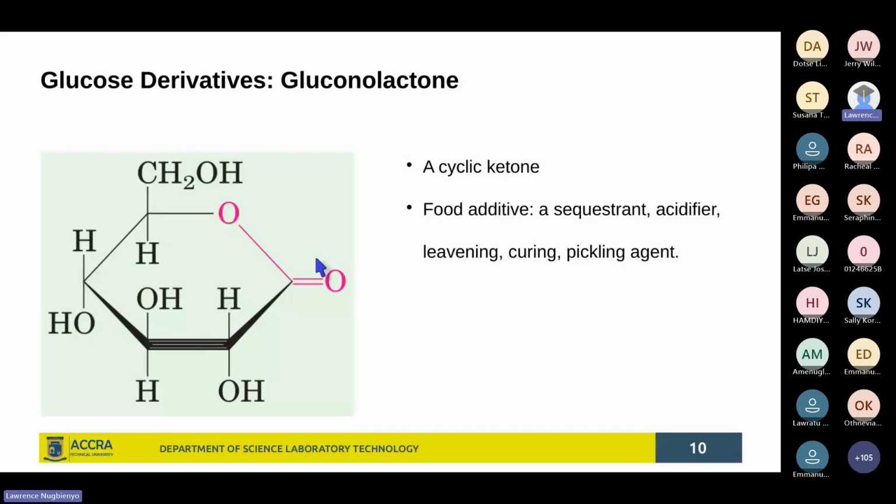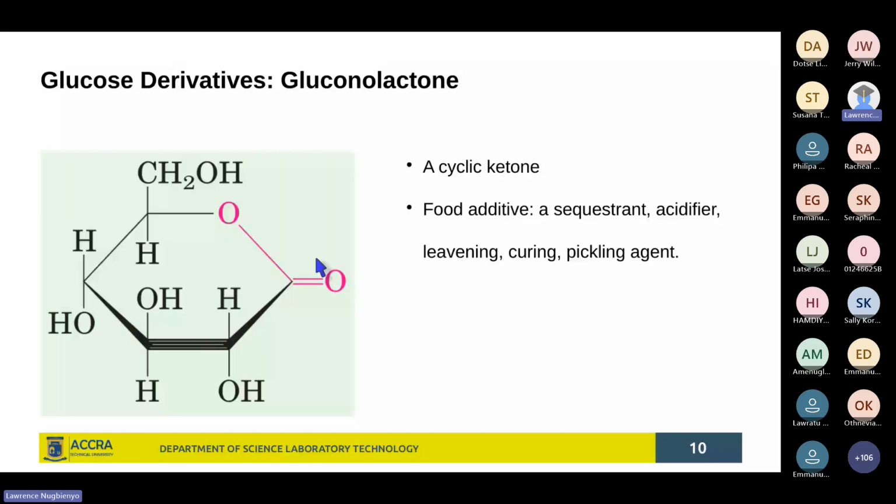It's like a chelating agent that will bind to some metals like copper and zinc, because these metals also act as cofactors to lipases that can result in the breakdown of these free fatty acids, resulting in their oxidation, and then you start to have such unwholesomeness of food, the taste of it, even the smell of it, sort of makes it not pleasant. At the same time, it can also be used as an acidifier,